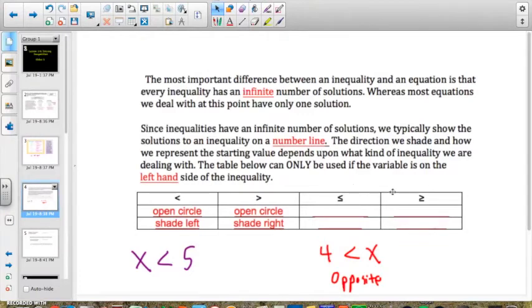Now, when we have the equal to symbol underneath, that means that we can actually have that number and it be part of the solution. So when that is the case, we're going to put a closed circle when we have that line underneath it. And then again, we're going to shade in the same direction as its matching piece over here. So if it's a less than or equal to, we're shading left. If it's greater than or equal to, we are shading right. So make sure that you get those copied into your notes,